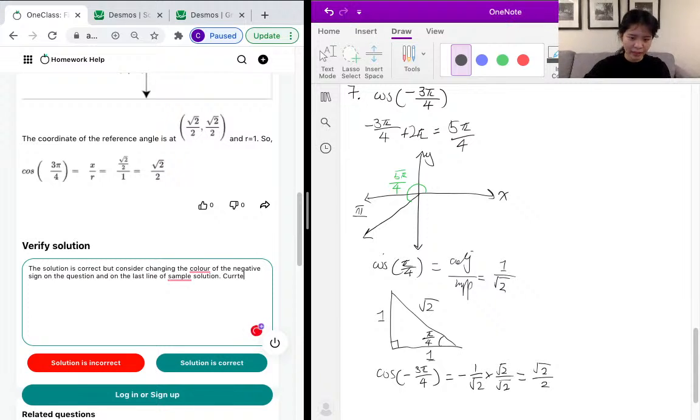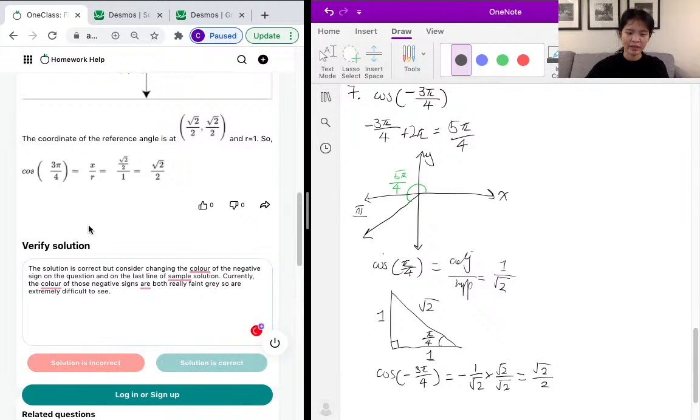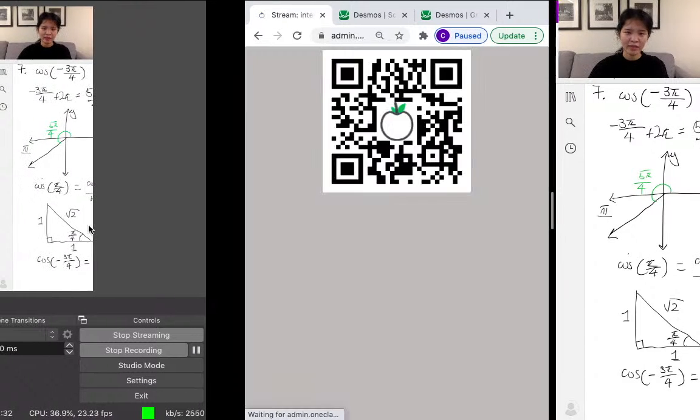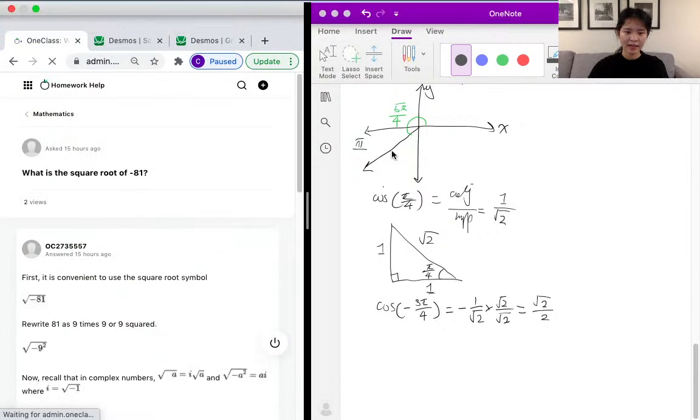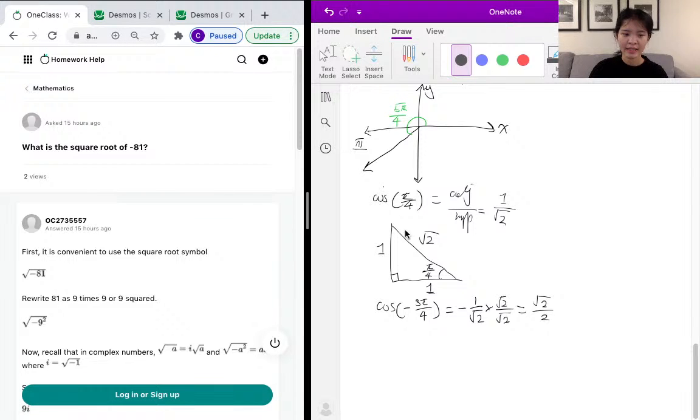Currently, the color of those negative signs are both really faint gray and so are extremely difficult to see. Let's just say it like this and put down the solution as incorrect temporarily so that they'll look at it and consider changing it. Nice. Now let's move on to our next problem, which is asking us for the square root